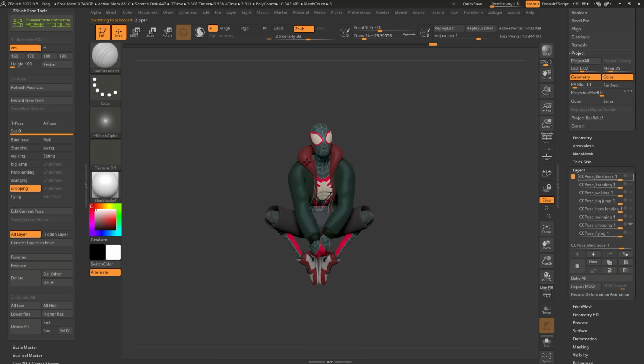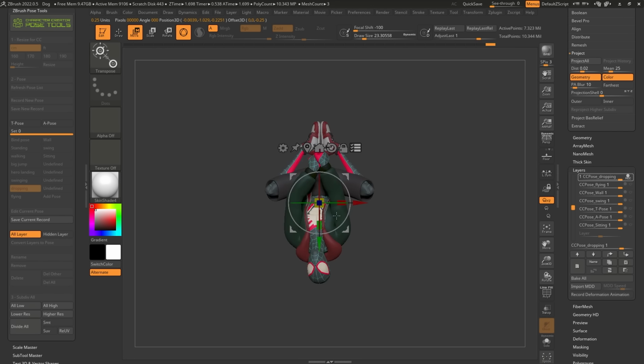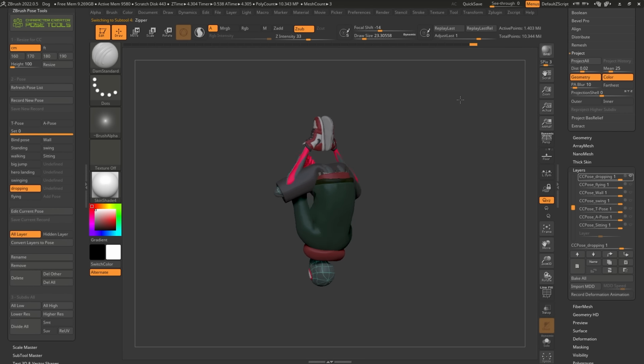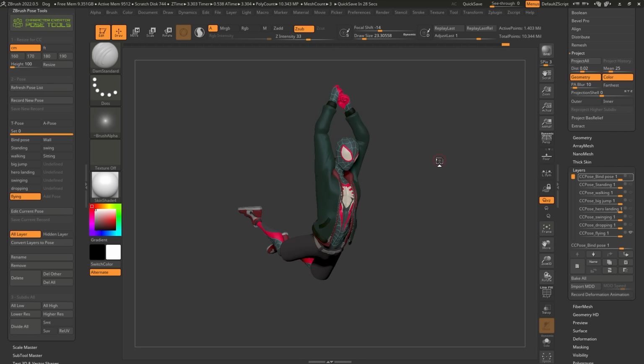In fact, this one, it should be hanging the other way around. So I'm going to quickly edit that. I'm going to click on Edit Pose. And just to reiterate that you can use anything really, I'm going to bring in the gizmo and I'm going to make sure that I select all the layers like so. I'm going to reset the gizmo and I'm going to rotate this around so that it's more kind of like hanging from below like so. And that's it. Let's go ahead and save record. And cool, we have now the Spider-Man kind of like hanging from, you know, a spider web, and we can go back to this flying one and so on and so forth.